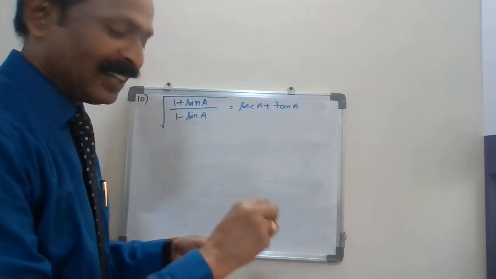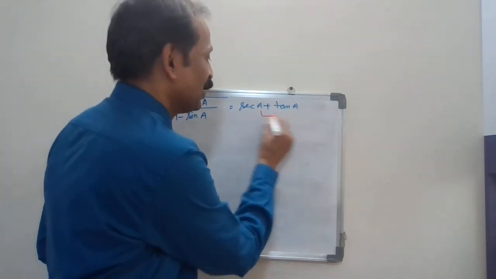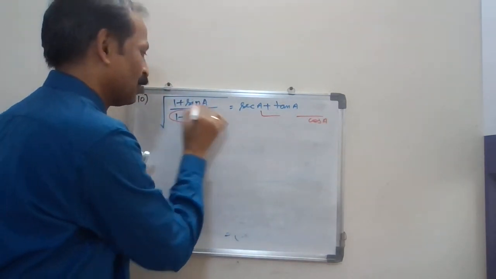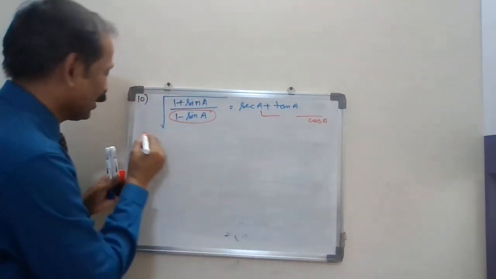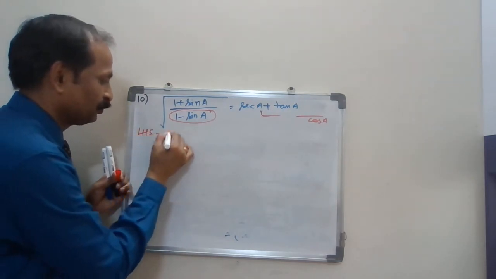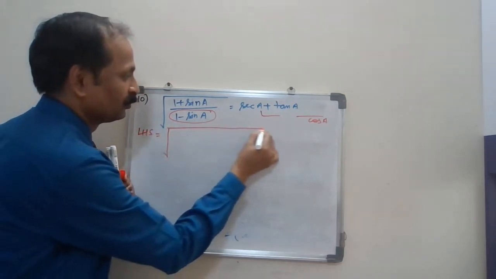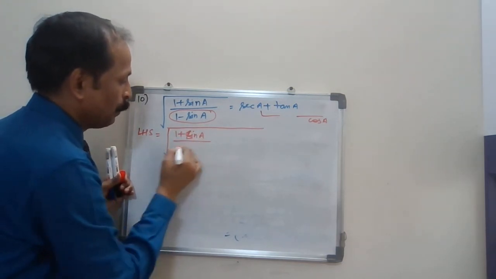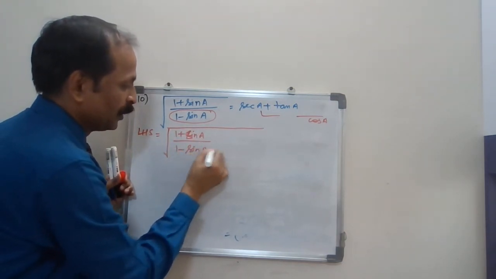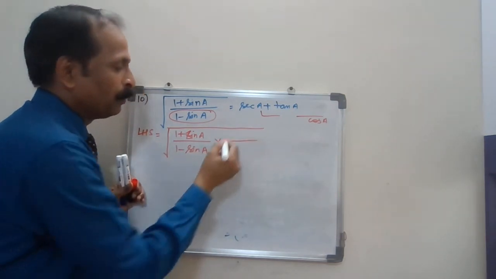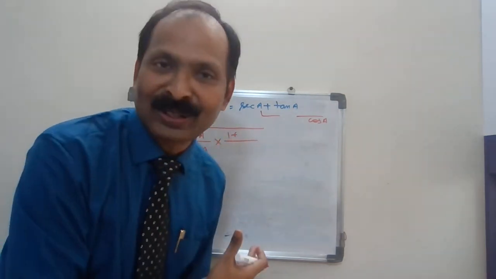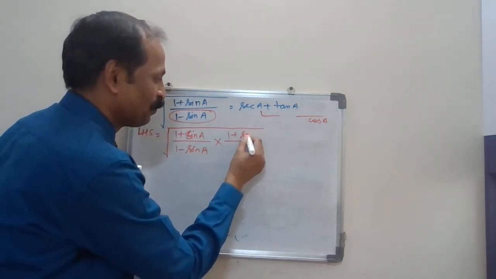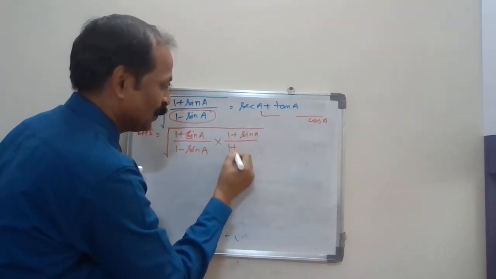You can just take LHS and multiply because you need the denominator cos. So I'll be changing this by multiplying up and down. So you take your LHS: 1 plus sin A upon 1 minus sin A. And you multiply up and down by 1 plus sin A. We did just now the question. This is similar, or the same, only the things are changed a little. Sin A, 1 plus sin A.